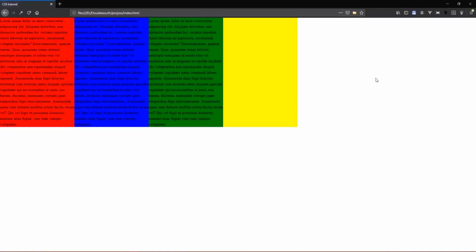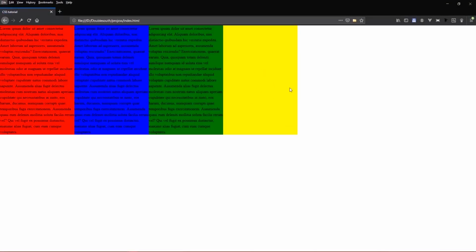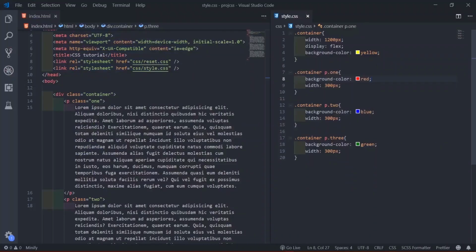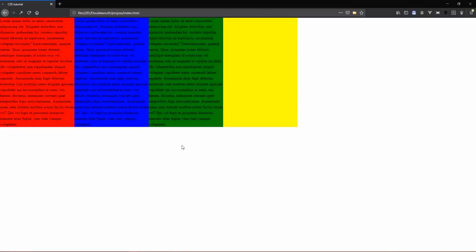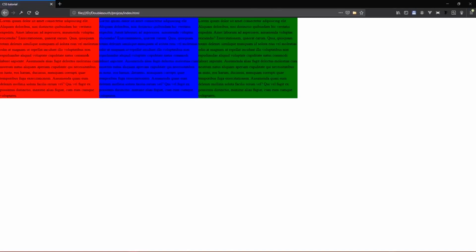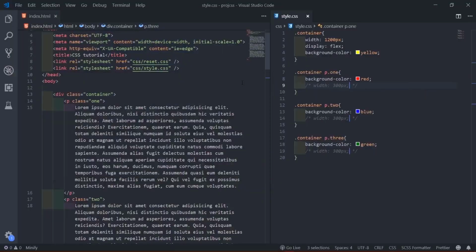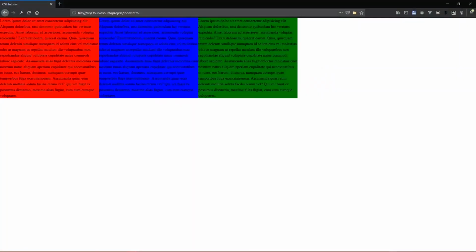You see the answer. You see what happens. 300, 300, 300. Then see the remaining space for that box now. You see the remaining space. So what I want to say now is, if I do not specify width for all these paragraphs, automatically they will calculate themselves. Then they go share themselves equally. They'll put themselves here, maybe taking the full width of the container.